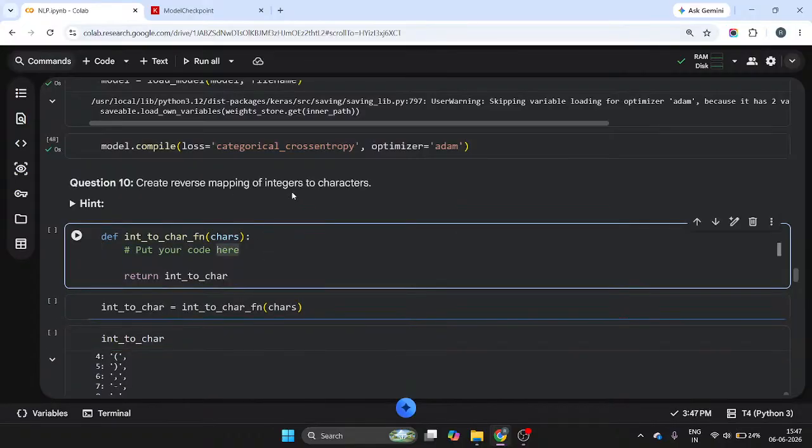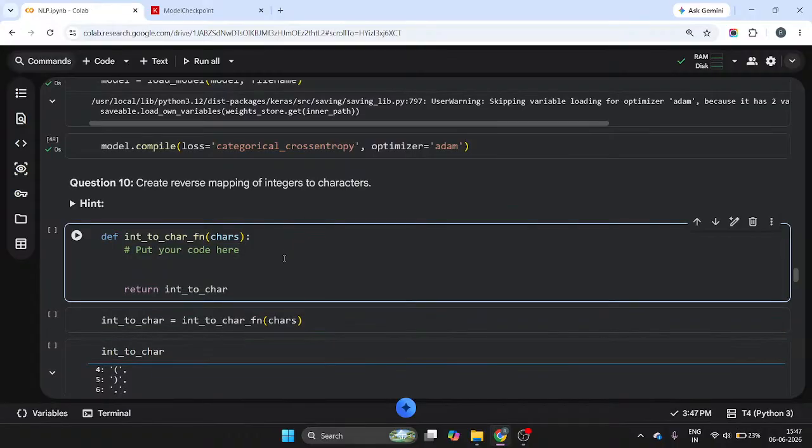create reverse mapping of integers to character. So now we will do reverse mapping of integers to character, because before feeding to the model, we have converted all the characters to integers. Now it's time to revert them back so that the user can understand them easily. Okay, so